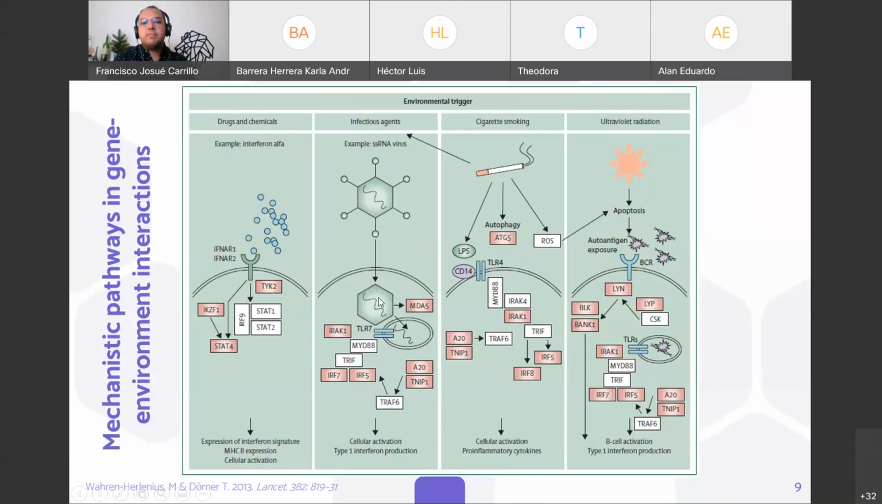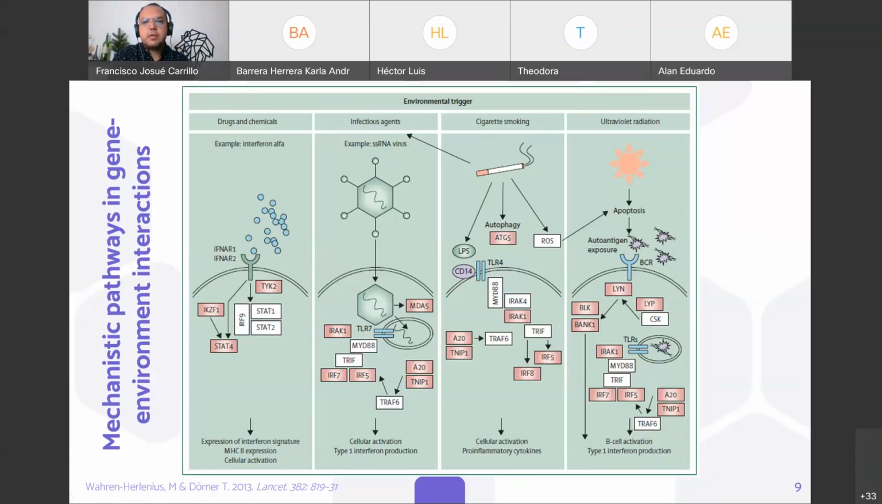We have, for example, the contribution of infectious agents, especially some viruses, where the recognition of the viral RNA by the TLR receptors or some other cytosolic receptors may also contribute to the production of type 1 interferons. We have, for example, cigarette smoking, which is very classic,